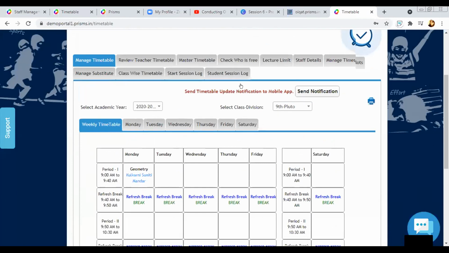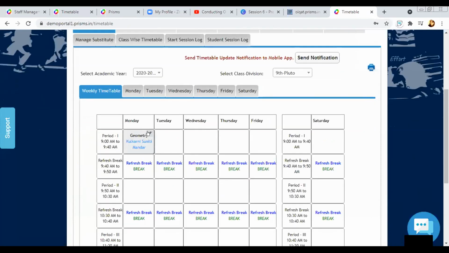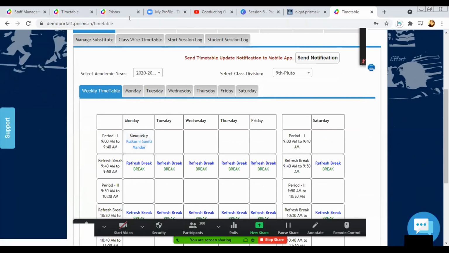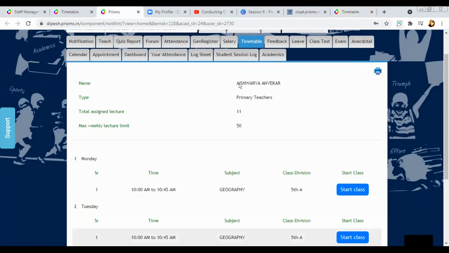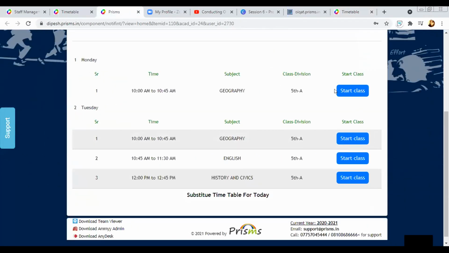Now, like I said, there are two parts in creation. The first part was having the personal ID and updating it to the teacher's account, giving access. And the second part is creating time slots and actually assigning the teacher the timetable or time slots. And once you have assigned, after that, the teacher in her login in both web and app will be able to see the timetable and will be able to see the start class button in front of all the classes she has. So she simply has to click on start class and she can start her online classes.